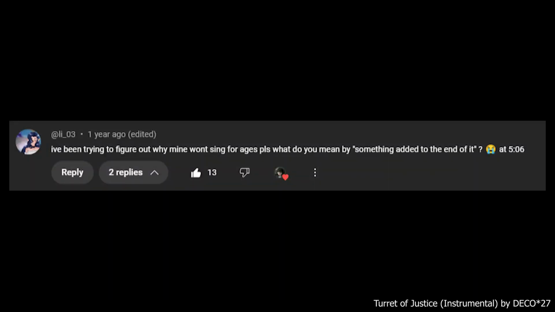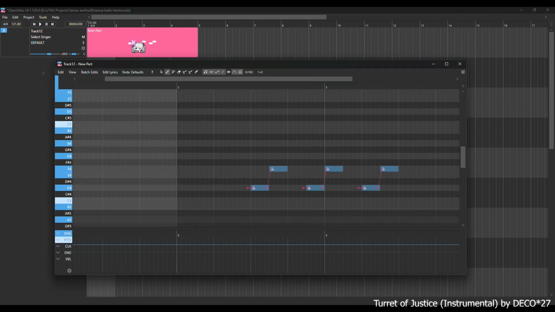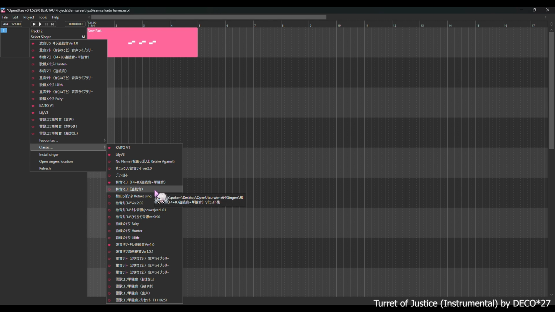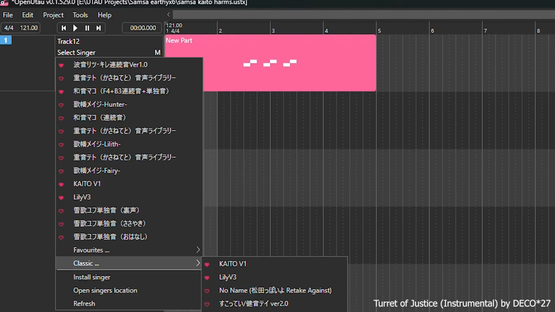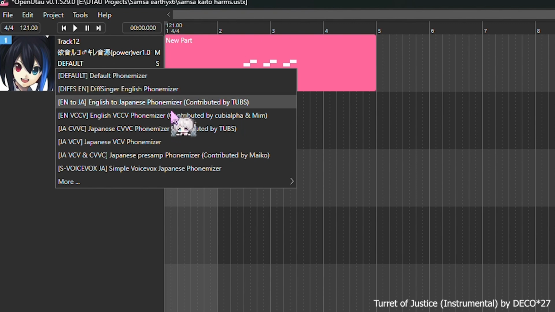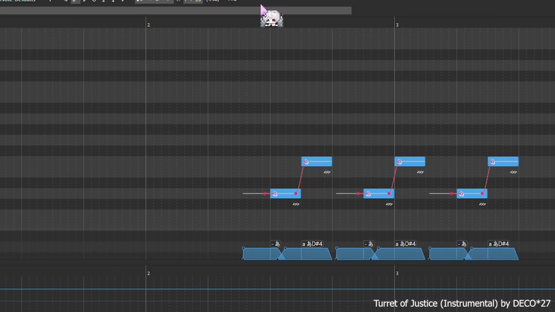I've been trying to figure out why mine won't sync for ages. Please, what do you mean by something added at the end of it at timestamp 506? The best way I can describe this is you create a new track, add some notes, right? First you gotta select the singer. So I'm going to find Yokune Ruko, specifically his power voice bank. I'm gonna switch this to JPBCB because it'll be easier, but so